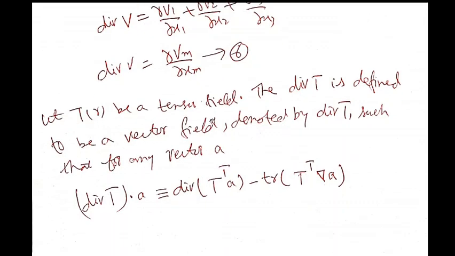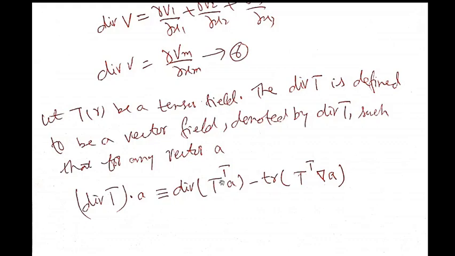Suppose T is a tensor field. Then how will we define the divergence of T? The divergence of T is defined to be a vector field, and we denote it by div T, such that when we take its dot product with any vector A,